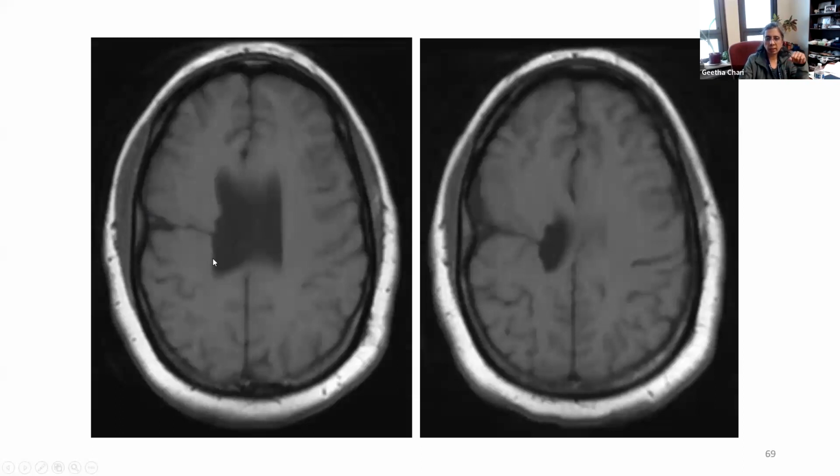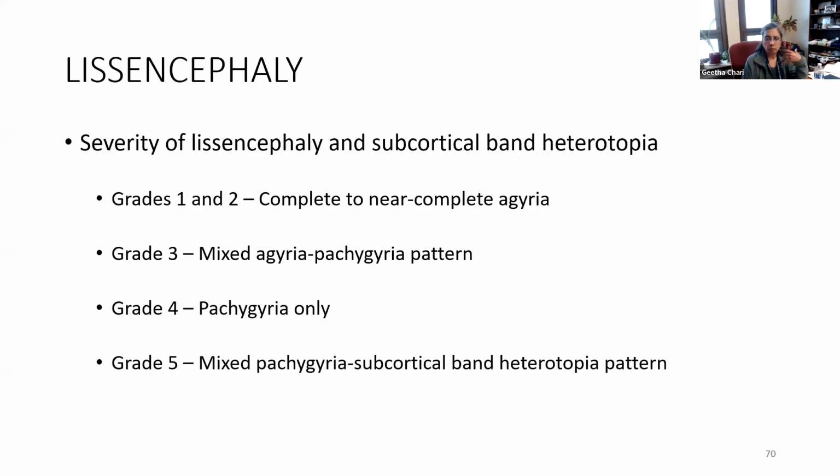This child actually had hemiparesis because it was in the region where the motor cortex is, and also had intractable epilepsy. So this is another example of schizencephaly, which is not as devastating, but still has neurological deficit. And you can see how this cleft is lined with the gray matter here. That's how we identify that this is not something destructive, but more of a malformation. Next,